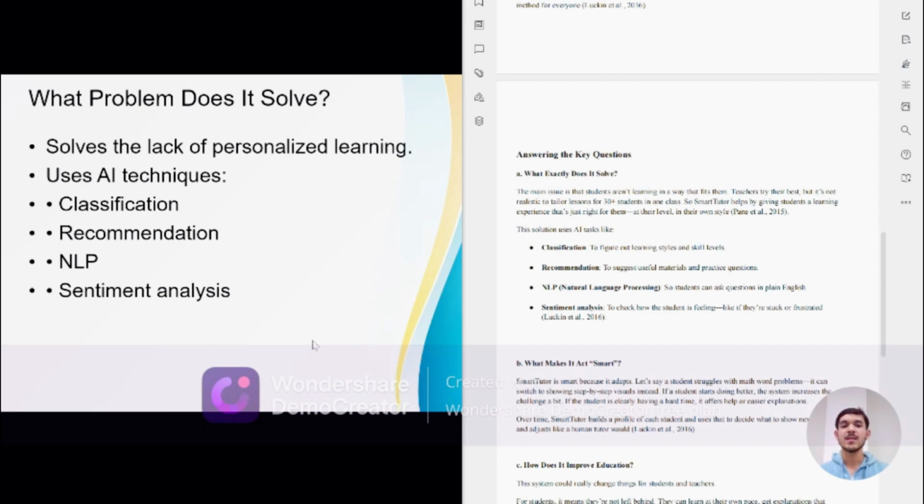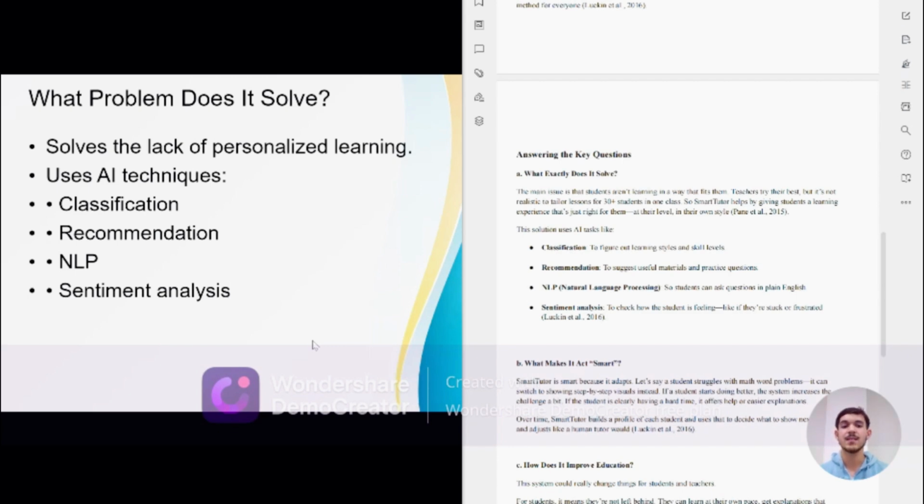Classification means that this AI can figure out the learning style and the learning skill level of a student. And in the recommendation part, the AI can suggest some useful materials and maybe some quizzes and practice questions. NLP, which is natural language processing, lets the students ask questions in English or some other language of the students.